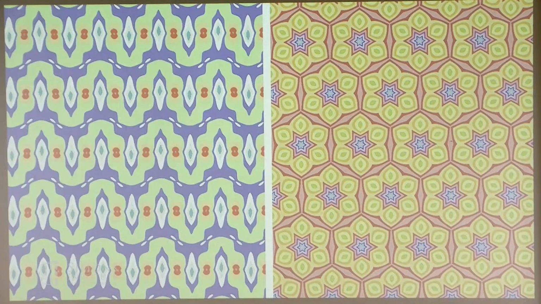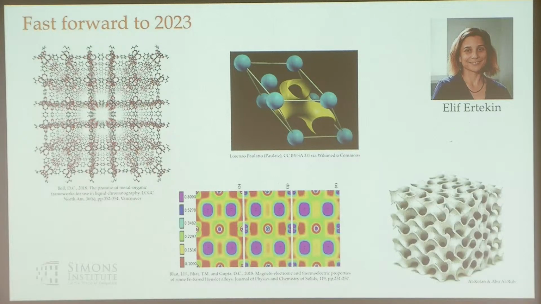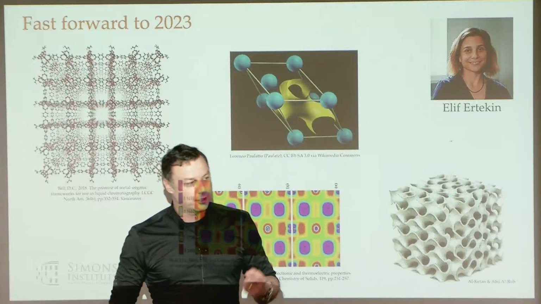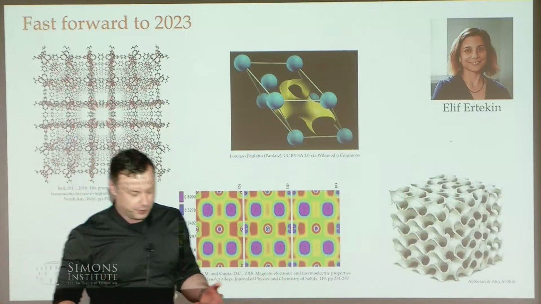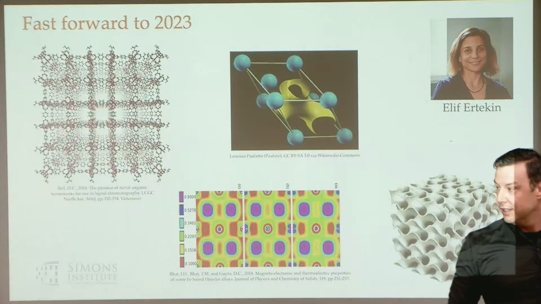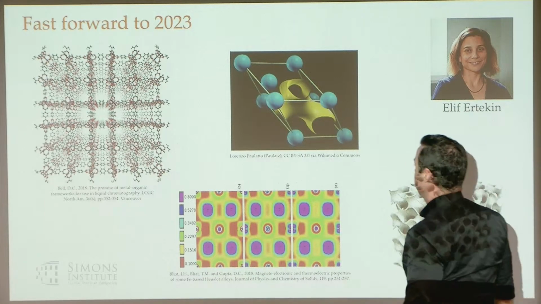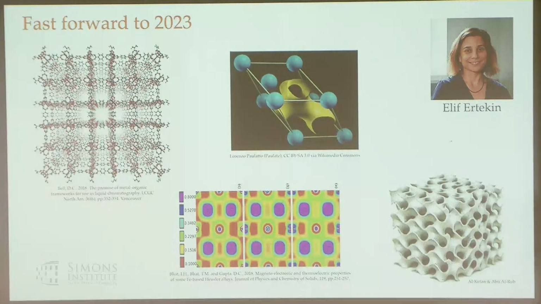Then fast forward a little bit to 2023, and I got involved in a big NSF institute on machine learning plus physics across multiple scales. I met a solid state physicist named Elif Erdogan, and somehow, at the bar or something, we wound up talking about this art project. She said the 2D symmetries of that thing have a 3D generalization in the space groups. We would really like to have functions that are invariant to those groups when we're trying to solve electronic problems in crystalline solids, right?